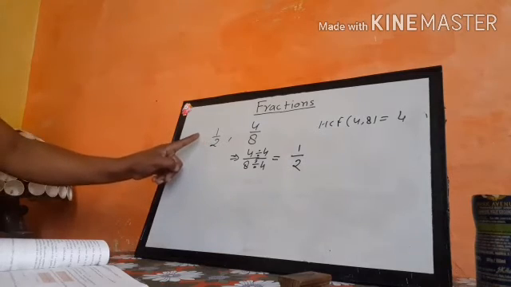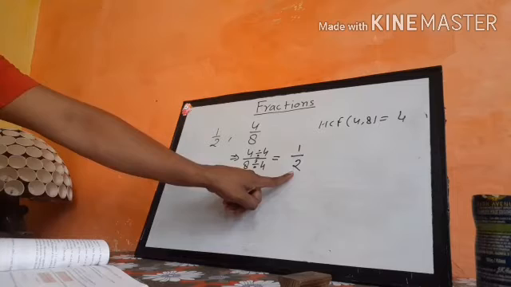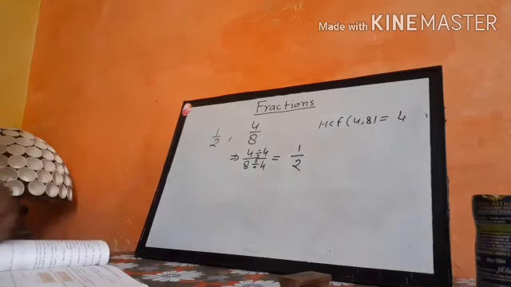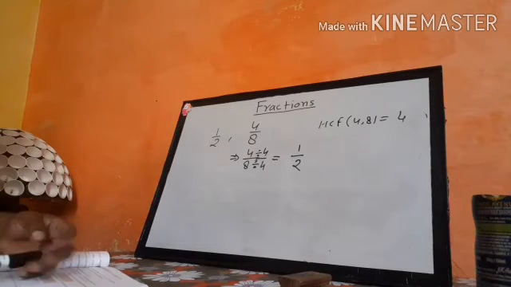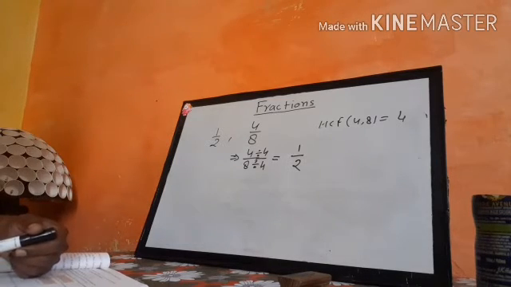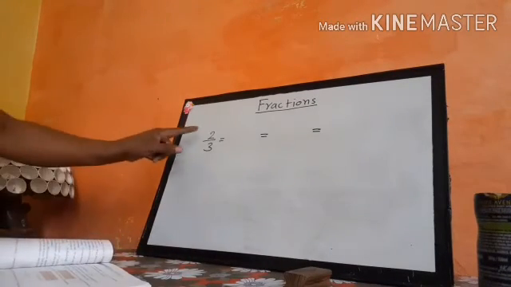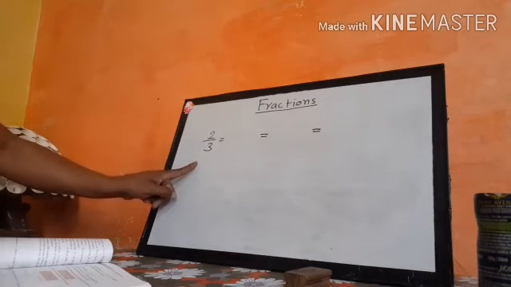So here you can see the first one is 1 upon 2 and the second is also converted into 1 upon 2. So both have the same standard value, that's why these are equivalent fractions. So how do we convert a fraction or get the equivalent fractions of a given fraction? Let's see the procedure. Suppose that I am going to find the equivalent fractions of 2 upon 3.